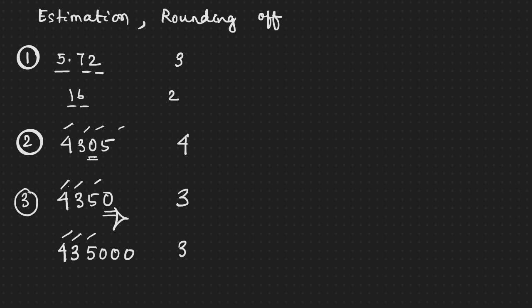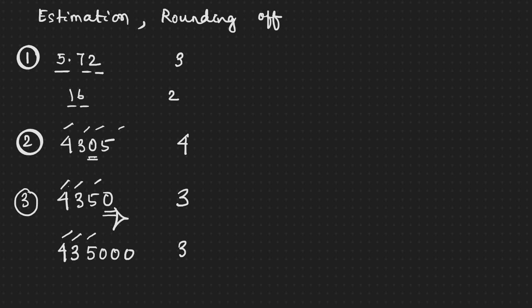Only 3. This happens when we change the system of units from kilometer to millimeter, kilometer to centimeter, and we keep on adding zeros, right? But if it is a whole number, there is no decimal point and the zeros are on the right side, then you are certainly going to omit them. You will simply count the non-zero digits and write them. Here 435 is what I have written as significant, and the remaining zeros on the right side we will omit them all.